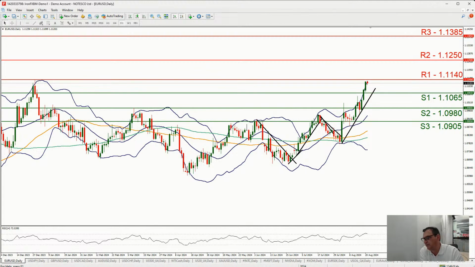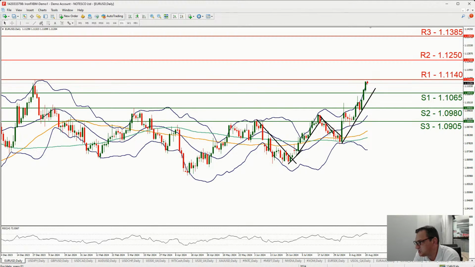Now, on a technical level against the euro, we note the steepening of EUR/USD's ascent over the past 3 days, 3 trading sessions, and that would be Friday, Monday, and Tuesday. During today's Asian and early European session, the pair seems to be correcting a bit lower, just before the 1.1140 resistance line. It should be noted that the price action of EUR/USD was able to practically almost cover the distance between the S1 and the R1.